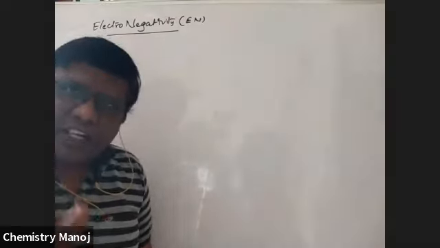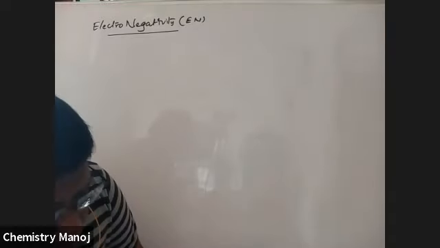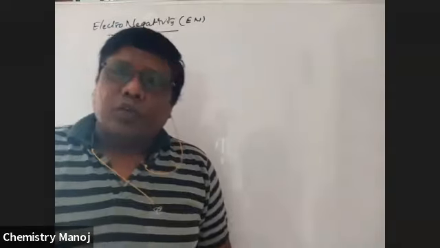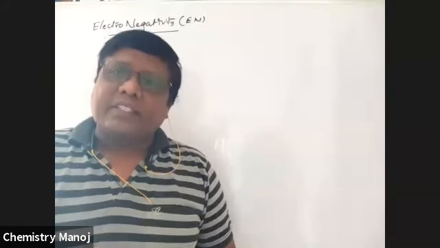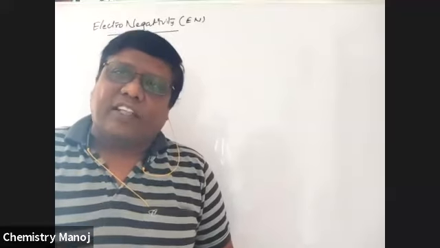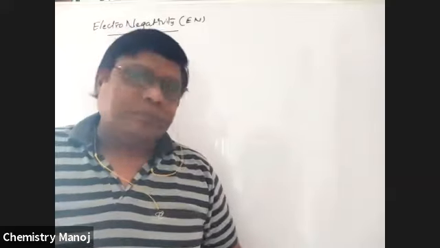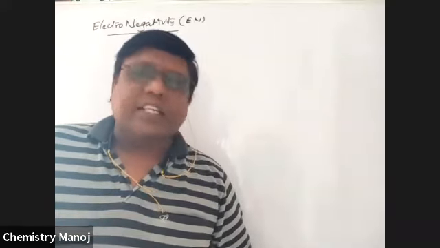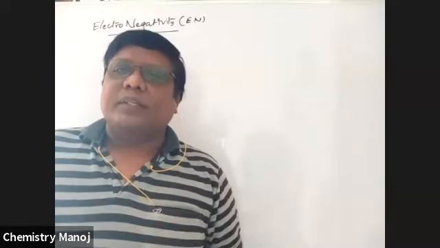Yes, the magnitudes of electron gain enthalpy and electron affinity are equal. Electron affinity is attraction; it is just a phenomenon, the phenomenon of attracting an electron. During that phenomenon, some energy will be released. That released energy is electron gain enthalpy. The phenomenon of attracting that electron by an atom is called electron affinity. Electron gain enthalpy and ionization energy are opposite in sign.